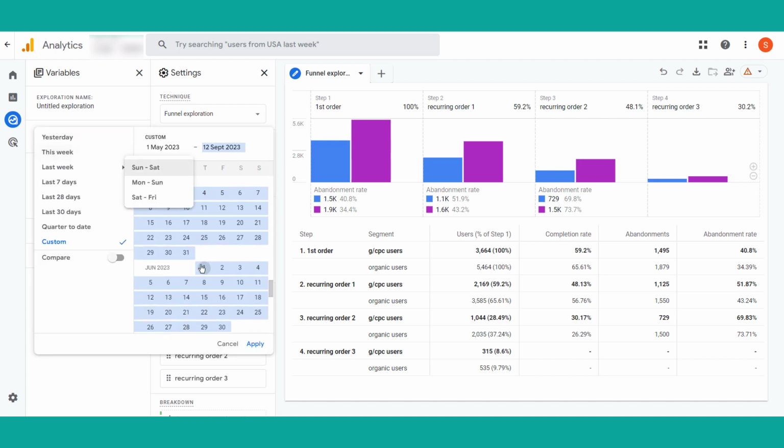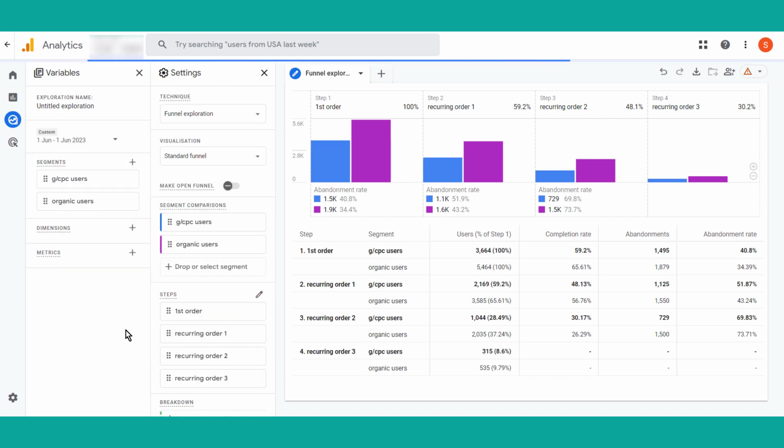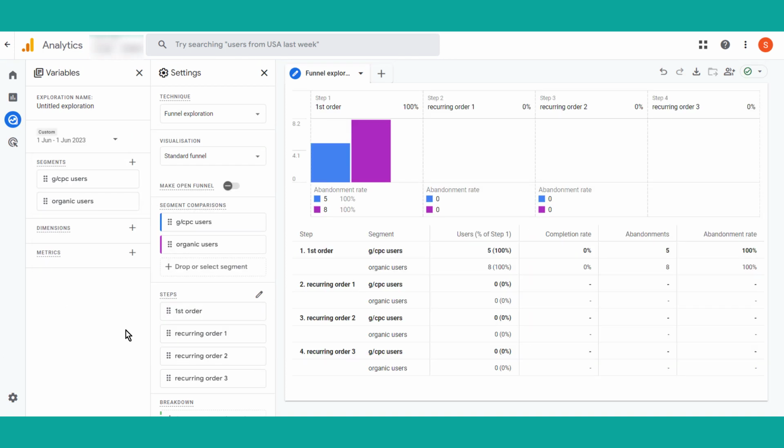For example, if we limit this to 1 day, this funnel will break because we're gonna just see first time subscriptions, whereas there will be no recurring orders since this funnel is closed, and no people who entered it on this day actually made it